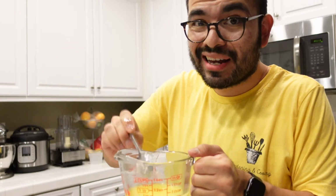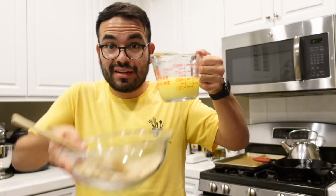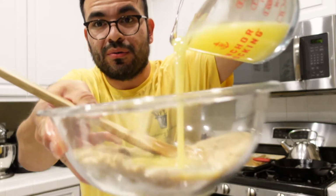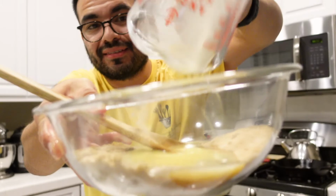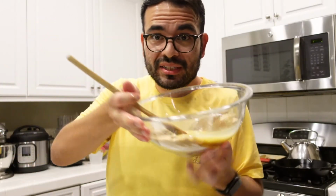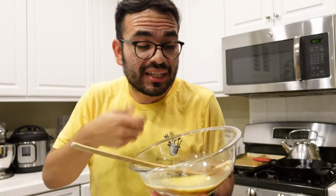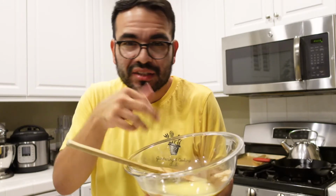Now, the recipe says to finally take your 2 sticks of melted butter. Perfect. I think it is warm but not hot that it's just gonna turn into soup, right? Take your mixture and let's pour it into our mixing bowl. Ooh, butter. Nice. I love butter. Remember, use real butter. So take your mixing bowl and the next part of the recipe says to just mix it all together for 1 minute until it becomes homogeneous, meaning it becomes like one instead of it looking like half sugar, half